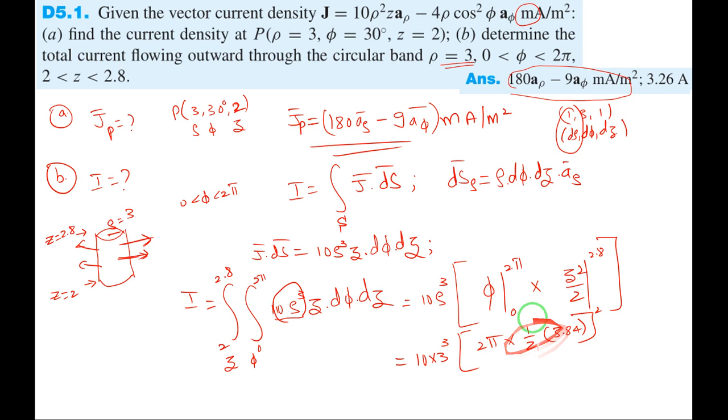So you will calculate all these things at a time. 2 into pi, I am calculating this first. So the 2 will get cancelled. Just multiply all the things. I'll start from here: 10 into 3 cubed into pi into 3.84. Yes, I am getting it as